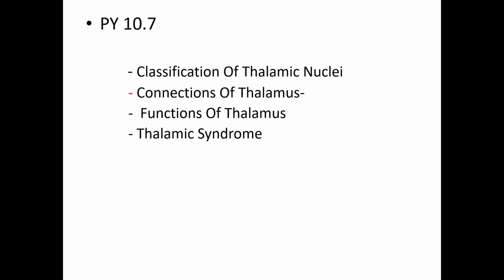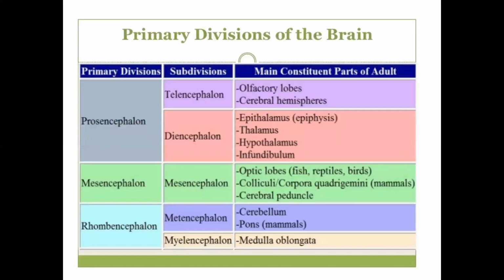Now, what are the different components of the brain, for example, the thalamus, basal ganglia, cerebellum, and reticular activating system, and what are the roles of all these nuclei present in the brain? First, let us start with the thalamus. After that, we are going to see the basal ganglia, cerebellum, reticular activating system, and vestibular apparatus. In today's lecture, we are going to see the classification of the thalamic nuclei, connections of the thalamus, functions of the thalamus, and the applied part.